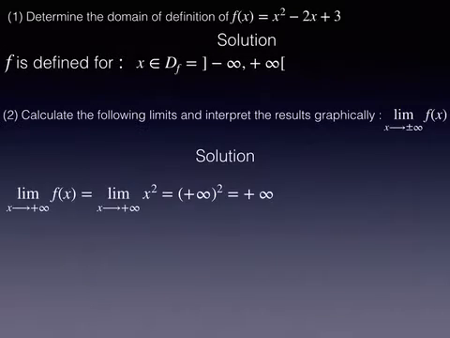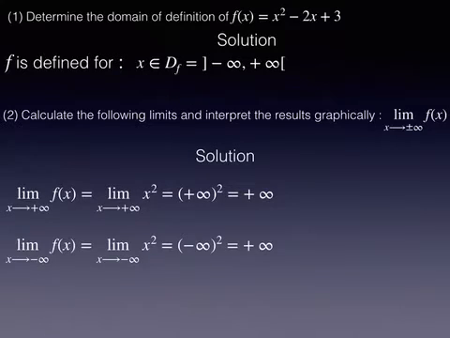The limits at plus infinity and minus infinity. First of all we will find the limit at plus infinity. Here, because the function f is a polynomial, it is sufficient to find the limit of the highest power, which is x squared. So the limit when x tends to plus infinity of x squared is plus infinity to the power 2, which is plus infinity. And similarly we have the limit at minus infinity of x squared, which is minus infinity to the power 2, that is